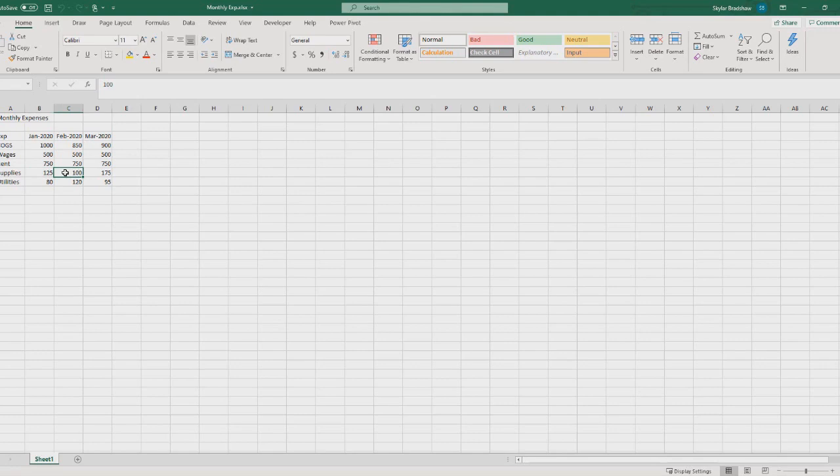Now, this is great, but with reports like this, it'd be nice to have a total at the end of each month so we could see what the total amount of expenses was for January, February, and so on. Or we can have totals at the end of the column so we could see the total cost of goods sold throughout all 3 months. Now, with Excel being such a powerful calculator, we can achieve these totals by building some basic formulas within our